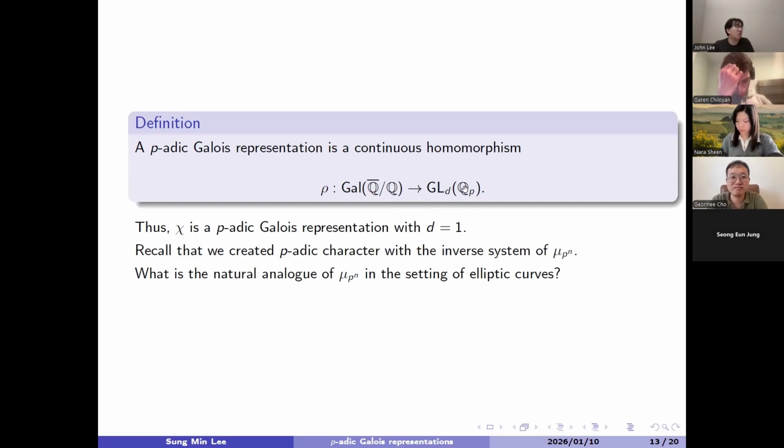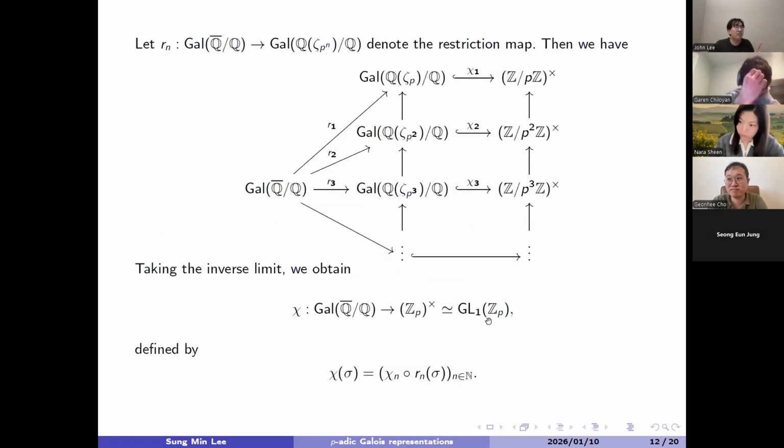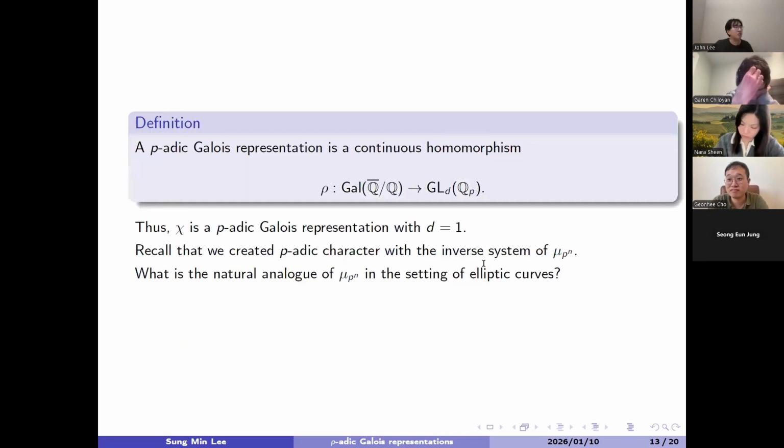In general, we just call it Q_p, but in the p-adic character case, it's very specific that d was 1, and instead of using Q_p, we were using C_p there. So about